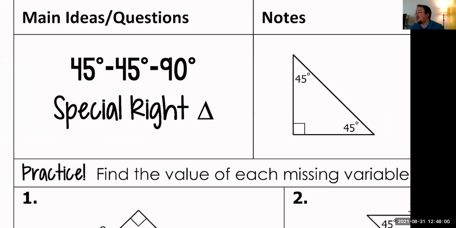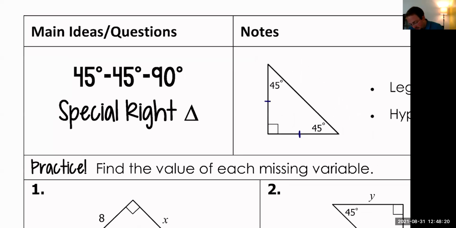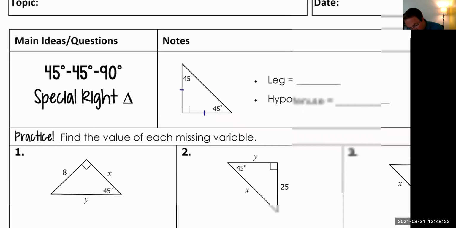Straight off the bat, if 2 of the angles are the same, that tells me something special about their legs, and that's that they are the same as well. So this is special in a variety of ways. This could also be called an isosceles triangle because it has 2 congruent sides. So lots of useful information there. But the relationship we're interested in